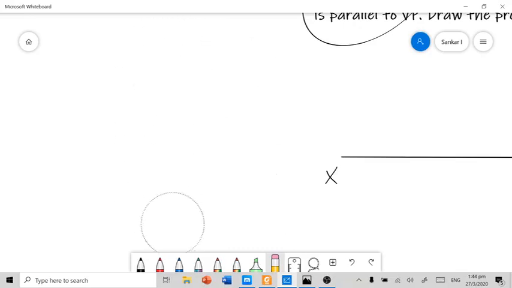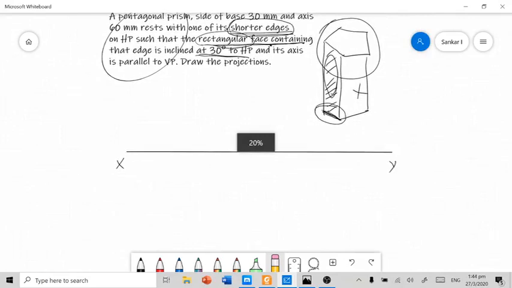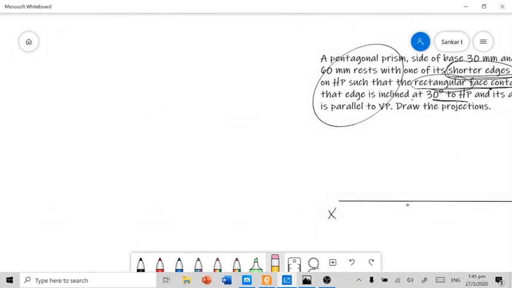First of all, for the imagination purpose, you have to reduce the 30 degree angle of inclination to HP and make the solid perpendicular to HP, in order to draw a simple top view and a simple front view. You need to make the solid straight.